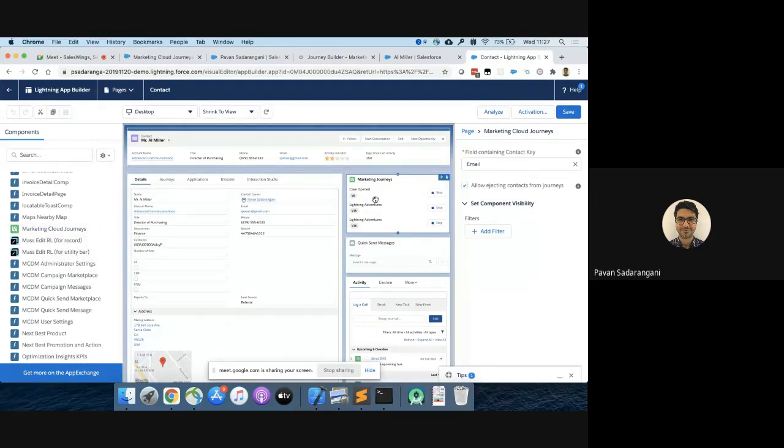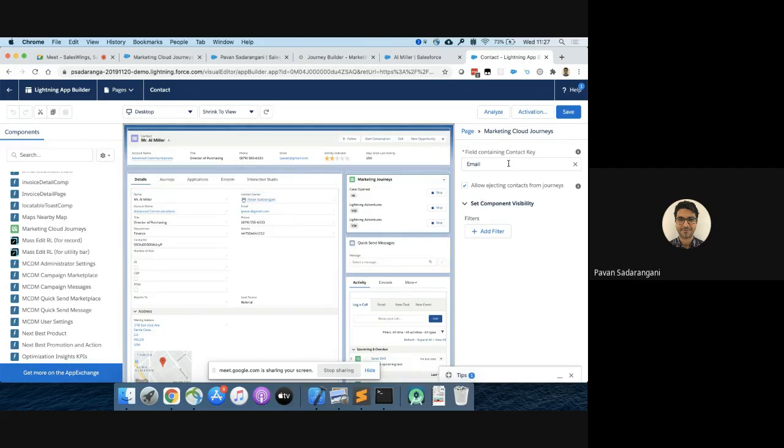And then in terms of setting it up, it's quite easy. You need to select the field that contains the contact key. So within Marketing Cloud, we have this concept of a contact key, which uniquely identifies a customer. And you choose which field on the Sales Cloud data model is related to the Marketing Cloud contact key. So it might be your contact ID, which is the Salesforce identifier for a contact or an account or a lead. It might be another field. In this case, you can see I'm taking a look at the email field, and I'm saying the email field is the field that uses the contact key within Sales Cloud.